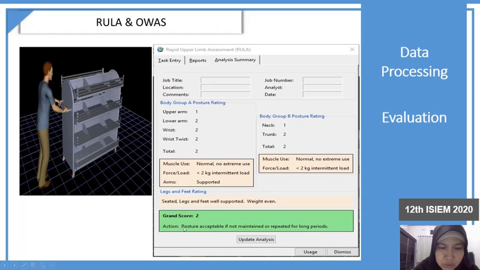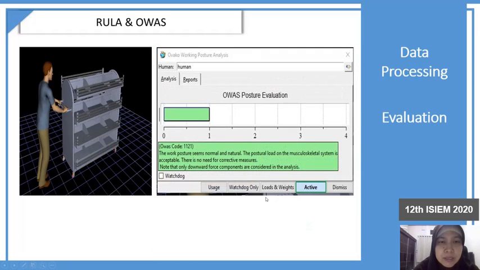It means that action posture acceptable if not maintained or repeated for long period. And then for OWASP, it's good too. Here we can see that the work posture seems normal and natural. The posture load on the musculoskeletal system is acceptable. There is no need for corrective measurement. Note that only downward force components are considered in the analysis.